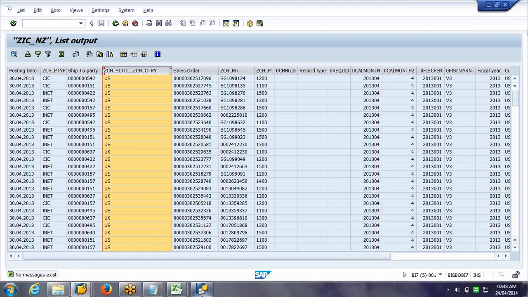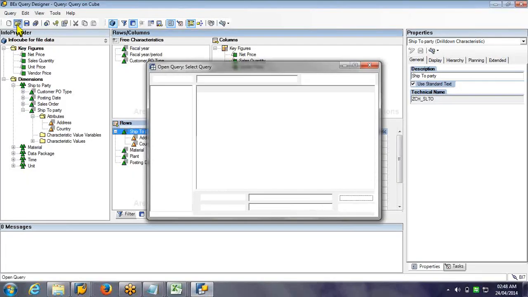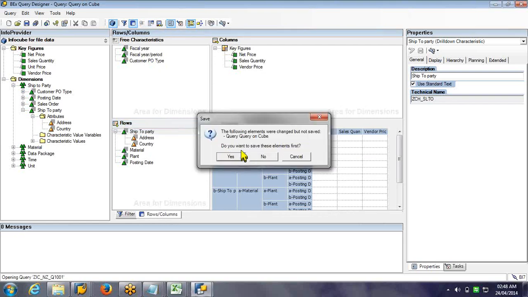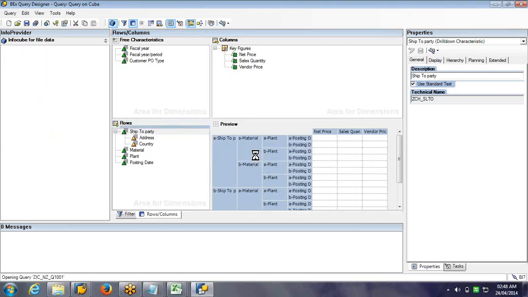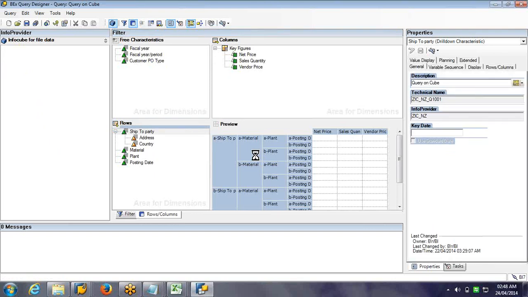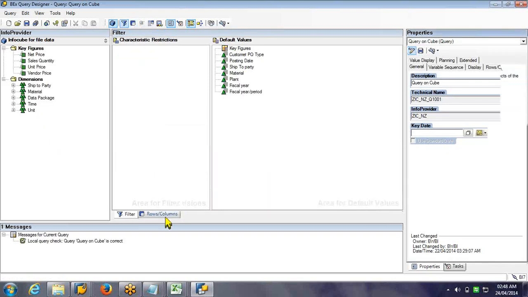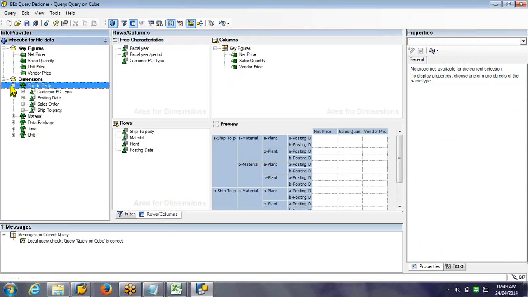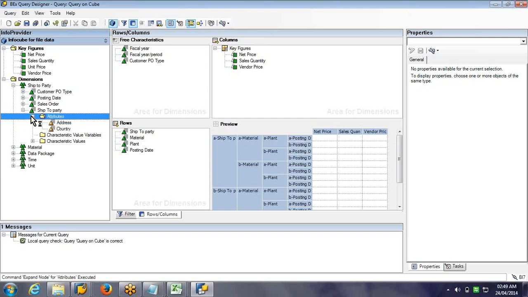Likewise, now refresh your query design. So now I want to make use of filtering on the country. It's not reflecting correctly as of now.